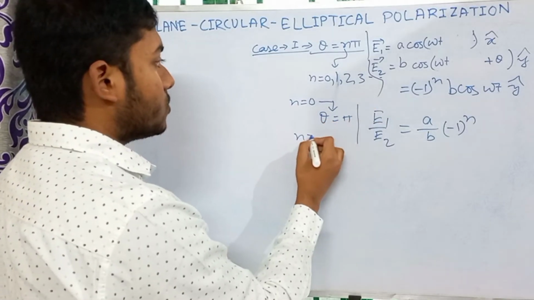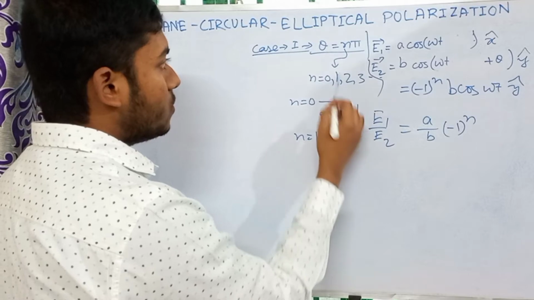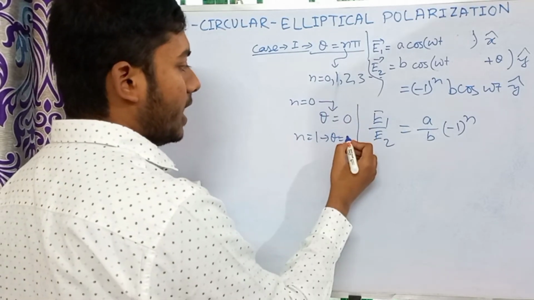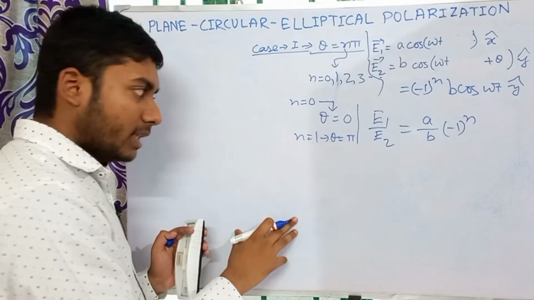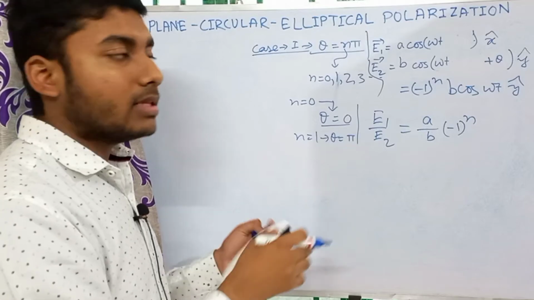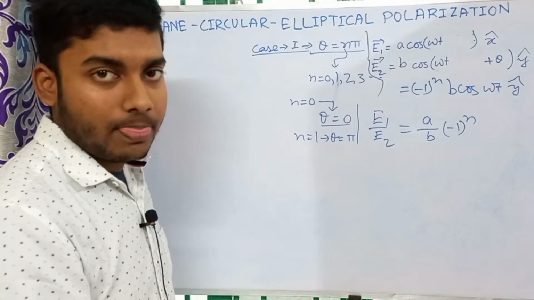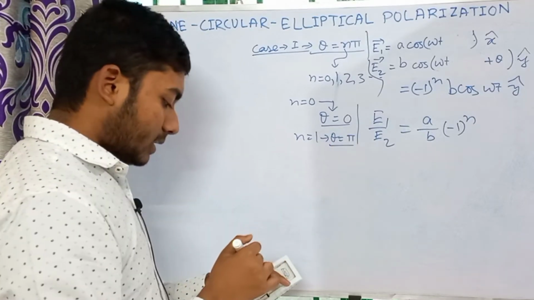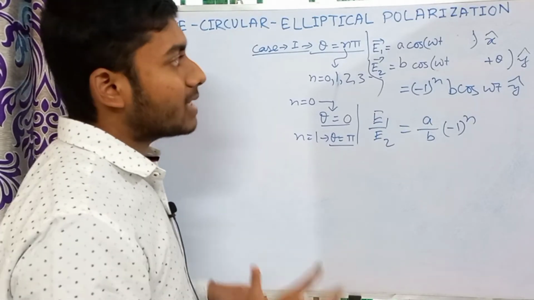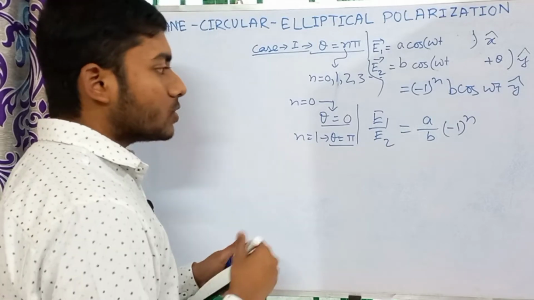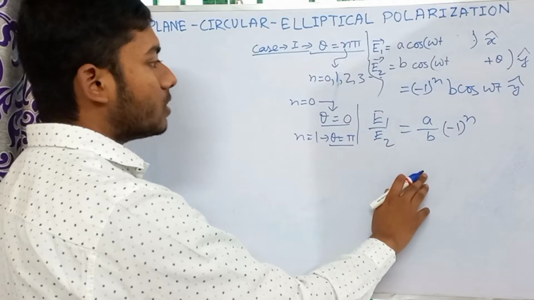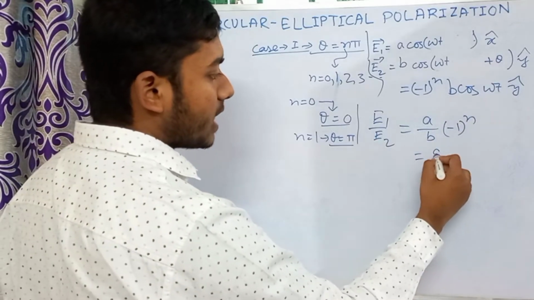When n equals 1, what does that mean? Theta is equal to 0 and theta is equal to pi when n equals 1. Theta equal to 0 means these two waves have the same phase, that is, they are in phase, and when theta is equal to pi, these two waves are out of phase. So when theta equals 0, this will be just a by b,